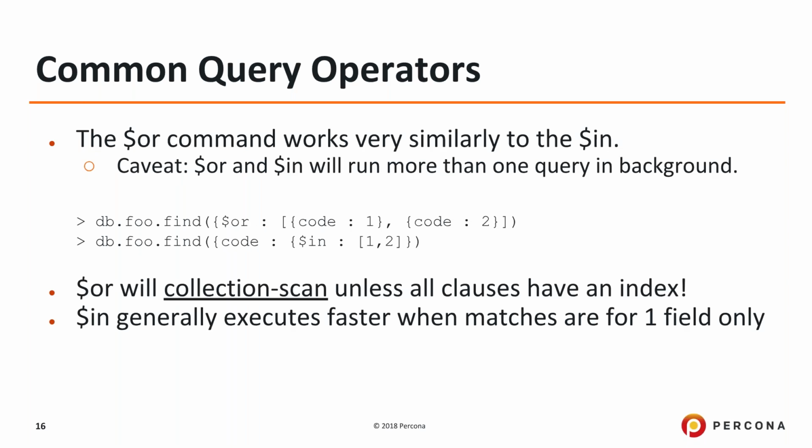The OR command, of course, isn't the default, so you'd have to specify that if you wanted to use OR. $or runs more than one query in the background, so it's kind of unpredictable, if you're doing multiple OR conditions, how much of an impact that query could actually have. But if you use $in, that's a much more efficient way of doing the same query. So we have two examples here of basically the same query. We want to know code 1 and code 2, but the $in query on the second line is going to be much quicker